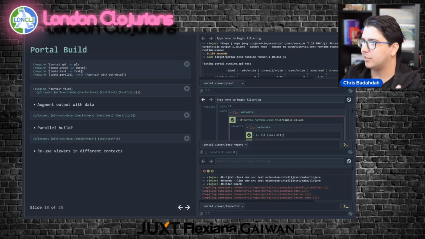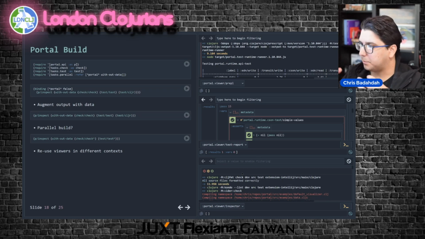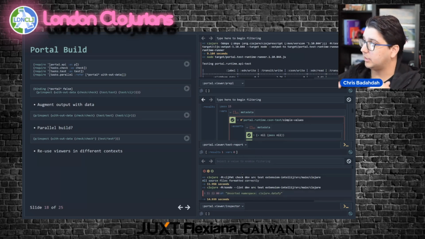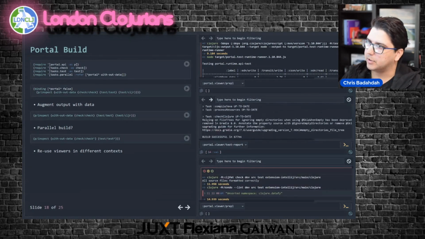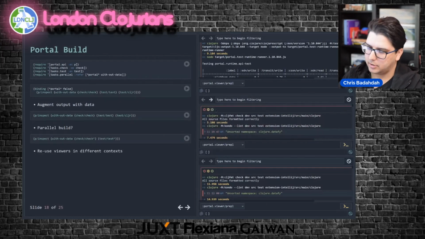So here's an example of doing better than what you can do with standard output, which is building the same linear output that you would expect, but building it in parallel, because you have access to the data structure and you can just build up sub vectors. And it's much faster, actually. Let's take a look. So this build took, if I look at the metadata, I did this recently where I could stash in the metadata.